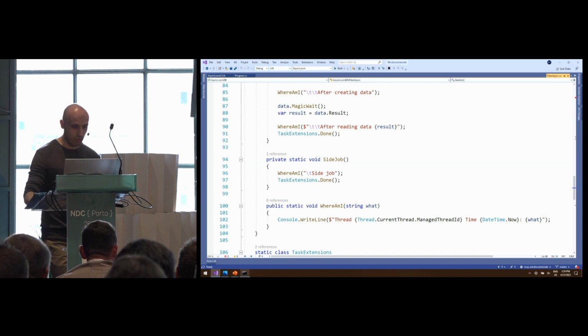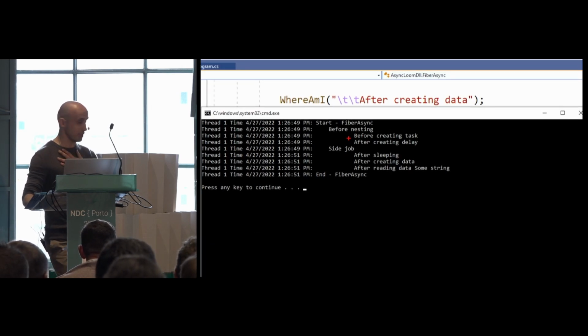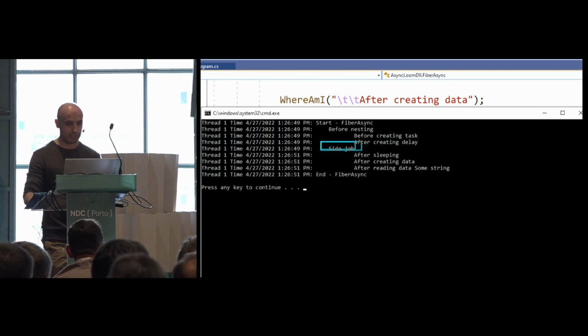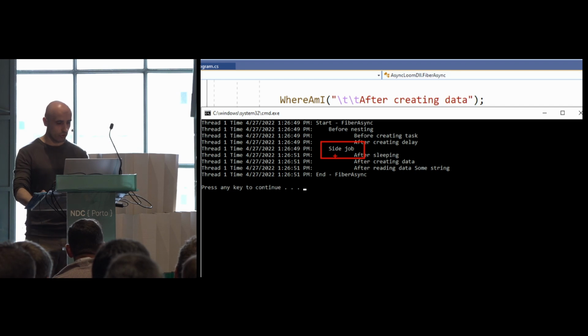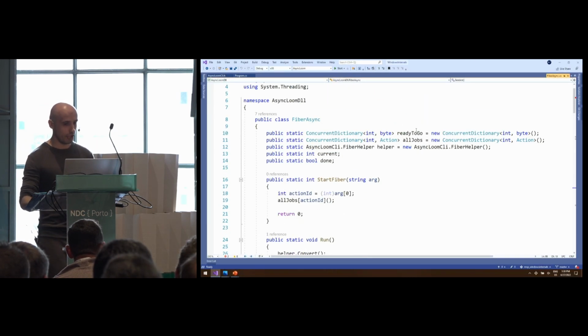Okay, and now to see this in output, you can see that, hey, we do have this running as expected. So we have, again, sleeping for 2 seconds, okay, and we have the side job being interjected somewhere in between. So this is what we can do with fibers. Now, how do we implement that? The part of the queuing here, you already know. There were some queues with keyword.